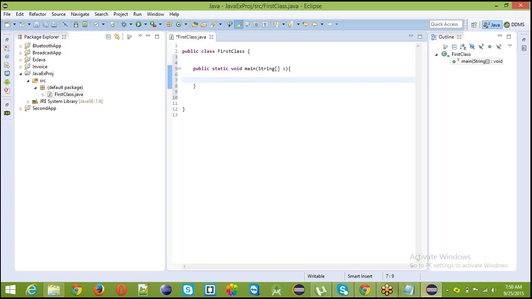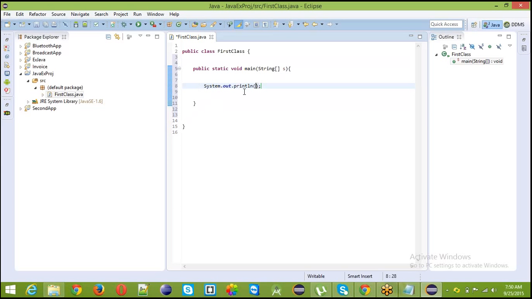When you run the application, it comes here. After coming here, it will execute whatever code you write here. So I am writing one simple code: System.out.println.